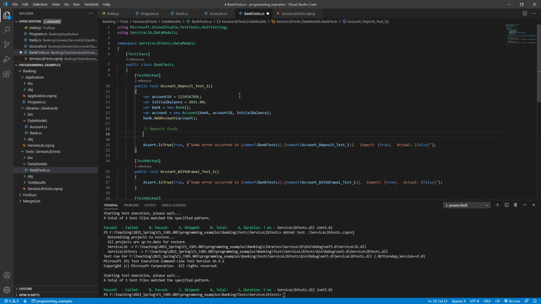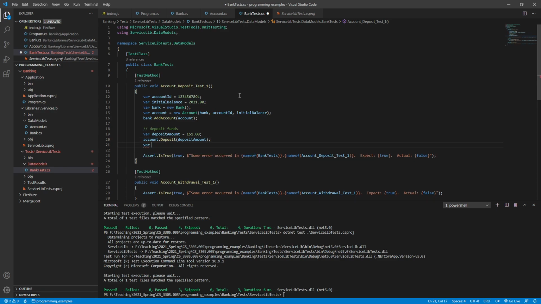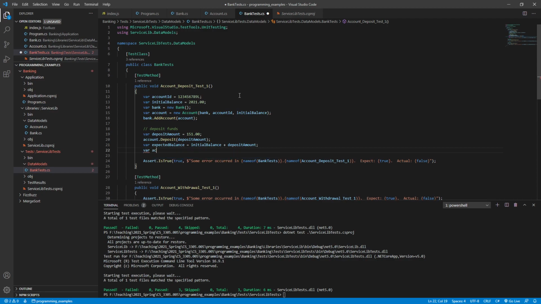So we want a deposit amount, $151.00, and then we want to add that to the account. And so now we have an expected balance. And then we have the actual balance. And then we compare them. So are they equal? So the expected balance, actual balance,